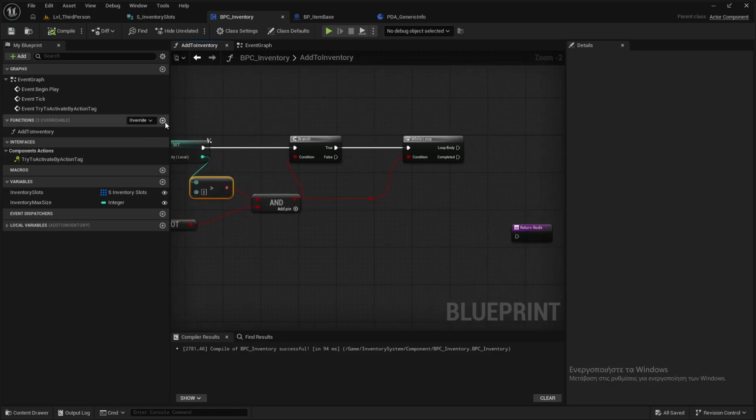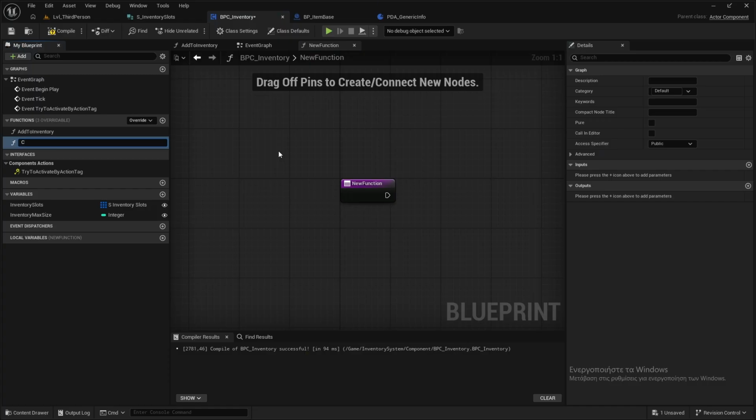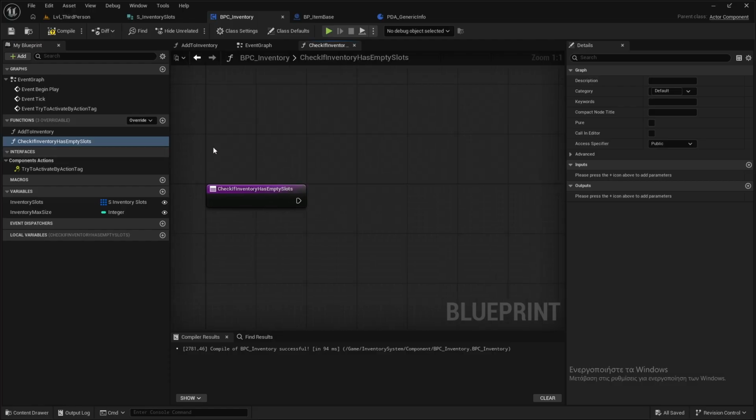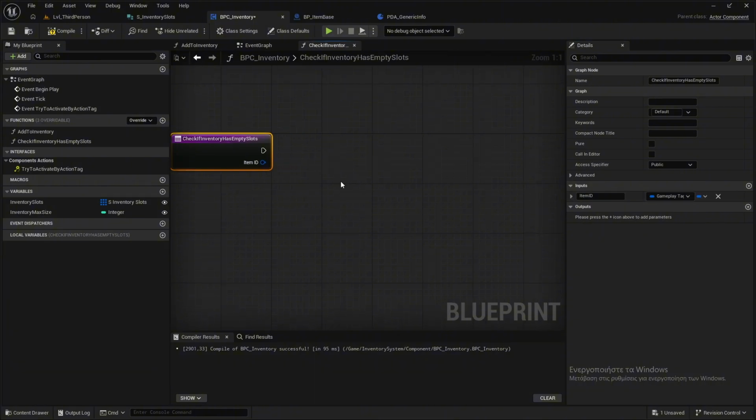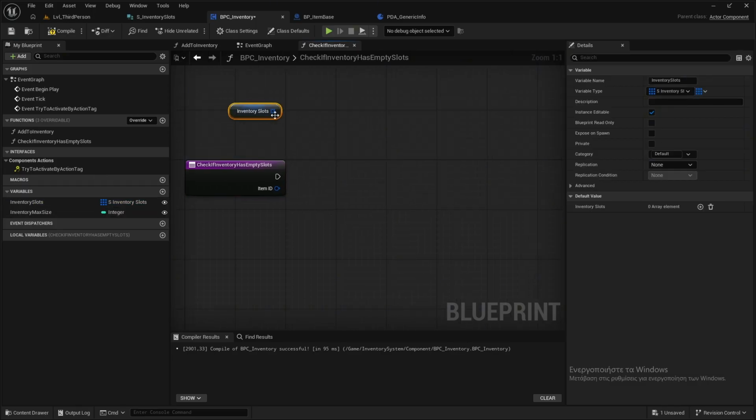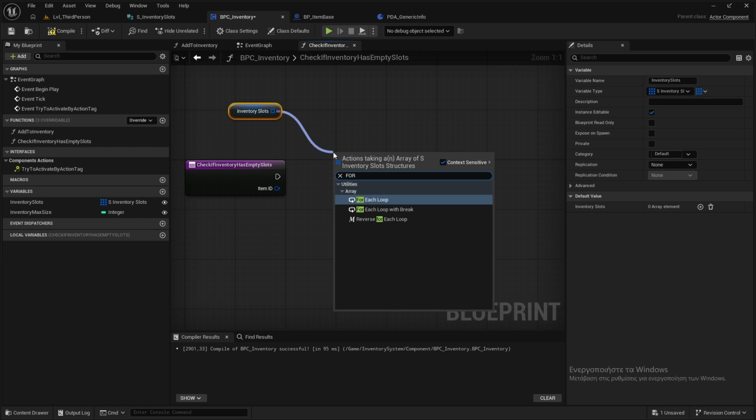So first of all, what I want to do is check if inventory has empty slots, and this will have a gameplay tag item ID. I believe that's all for now. I will do a for each loop with a break